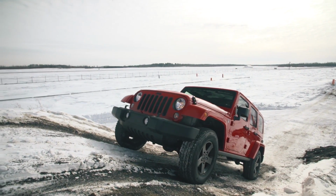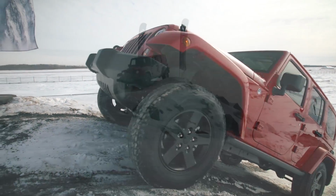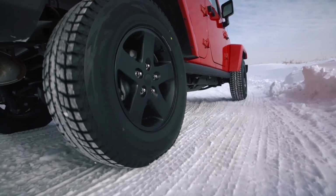Finally, one of the best manuals is the Jeep Wrangler. Driving a 4x4 in a manual is a very different animal, and I'm stimulated whether it be creeping over boulders or plowing through snow. Manual is preferred, starting at just